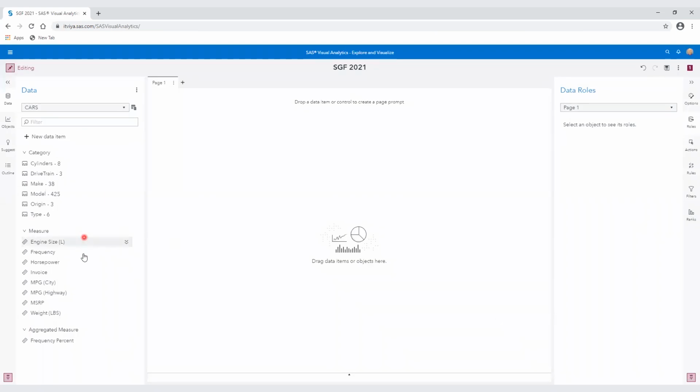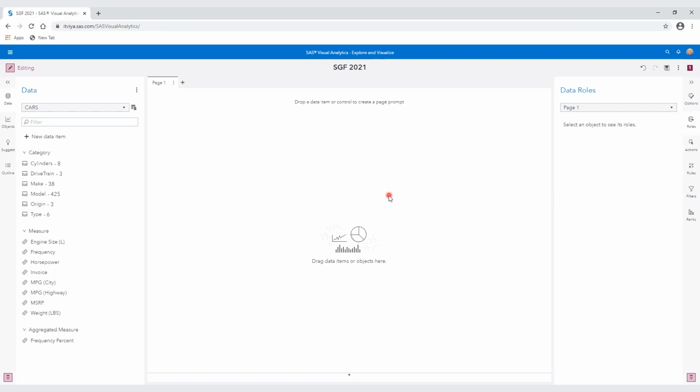And so they're gone, and I'm not distracted by them. That wasn't a big deal here, but if you have, say, 100 data items or more, then you probably want to pick and choose what's relevant to you and what is not, just so you can focus in on the relevant data items.